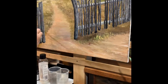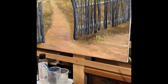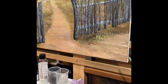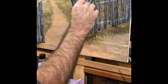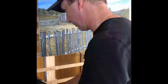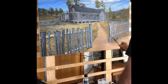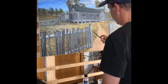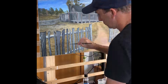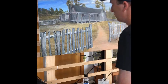Building up those layers, obviously we're going from dark to light, just really varying the strokes and the colour. A lot of different colours in this. I've got a bit of Dioxazine Purple, a bit of Payne's Grey, a bit of Burnt Umber, Titanium White obviously. So much the same here, just really adding another layer, it just gets slightly lighter. And look, I'm actually painting in natural light here to the left of me, which is probably the first time this whole painting that I actually had some natural light on the weekend, so it's great to do that. Looks a bit light for the video, but